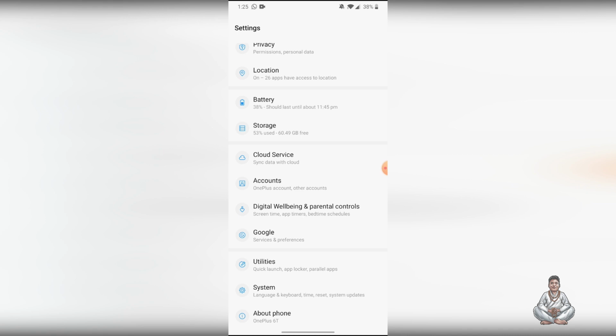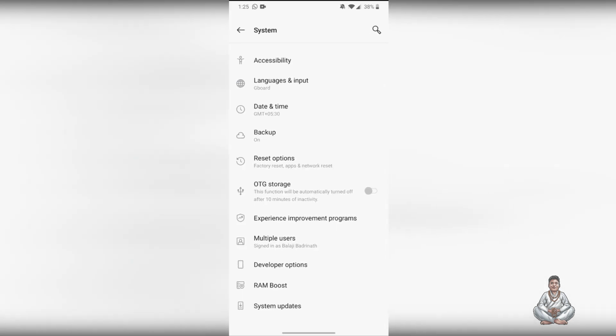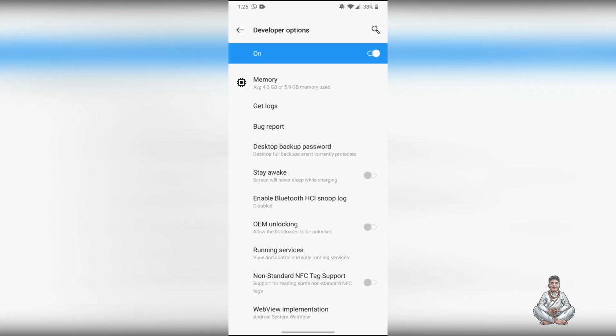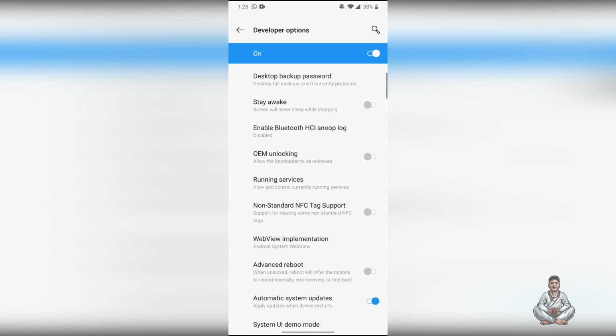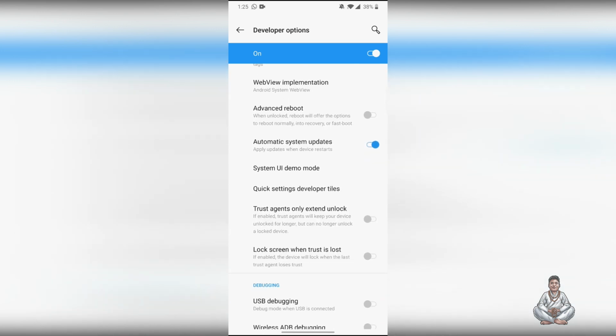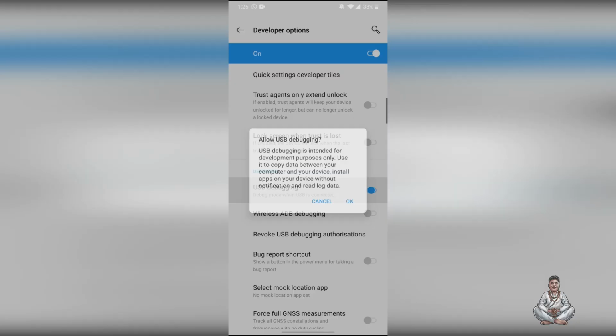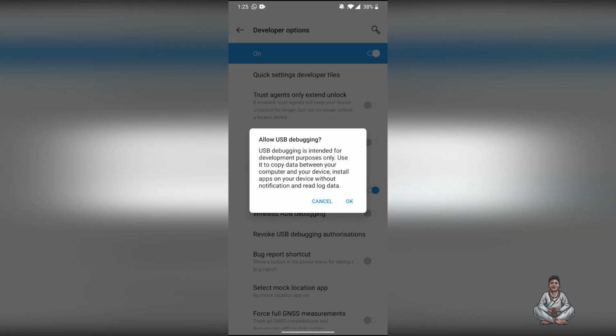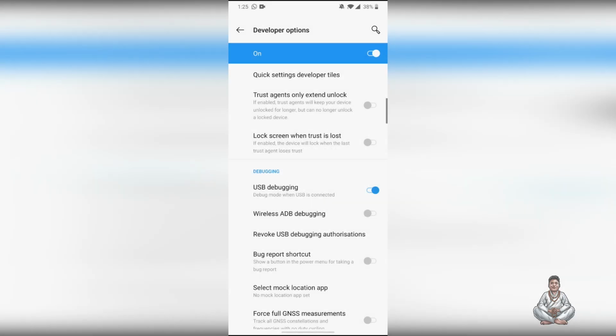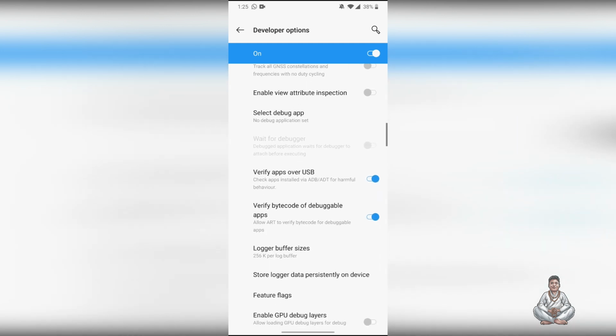Now you will get the developer options here under the system, and tap the developer options, and then scroll down. You will find the option for USB debugging. Enable that option because we need to connect this Android phone to the laptop through the USB. So it is very critical for us to do this step. With this, our phone setting is completed.